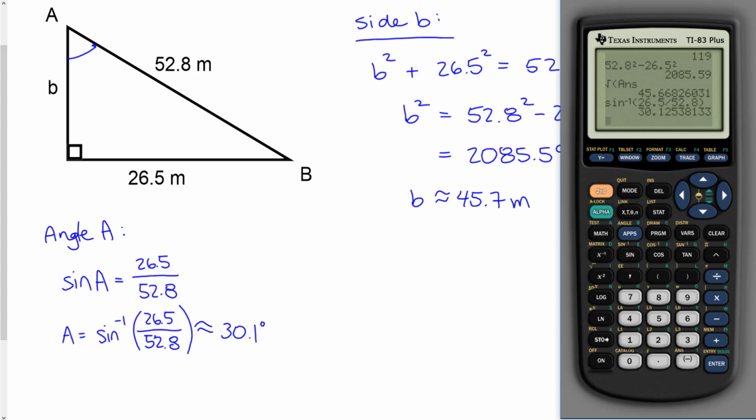All right, and then if this is 30.1, then the other thing we could do to figure out the remaining angle is, since I know two angles already, this one being 90 because it's a right triangle, all angles have to add up to 180. So really I could do 90 minus 30.1, and that will give me the other angle, so it should be 59.9